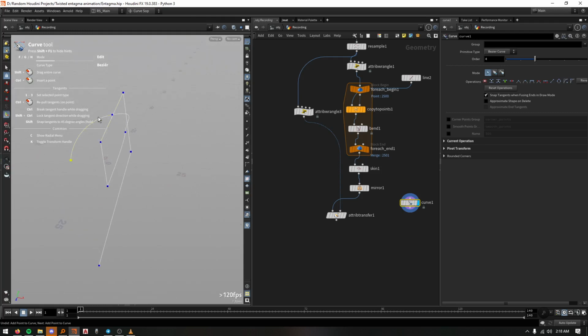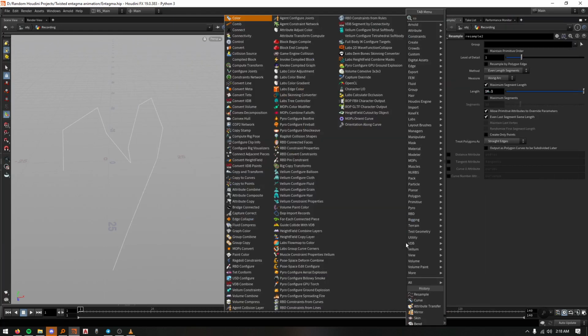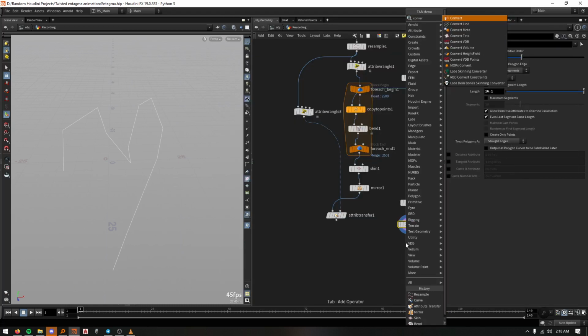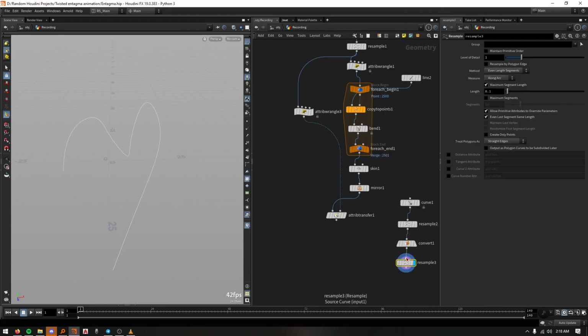I'm just gonna move these very quickly. And it looks very jaggy, and now I drop down a resample node, and if I have this a lot higher, then I convert it to a NURBS curve and resample it again. You should have a very nice and smooth curve,